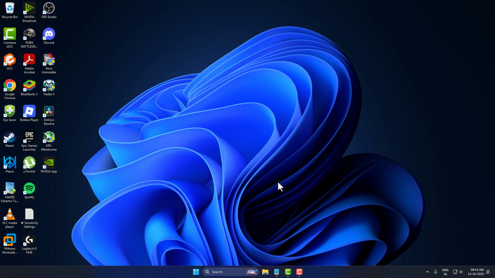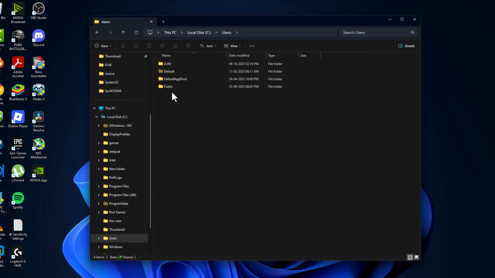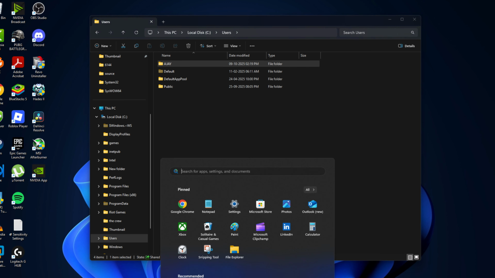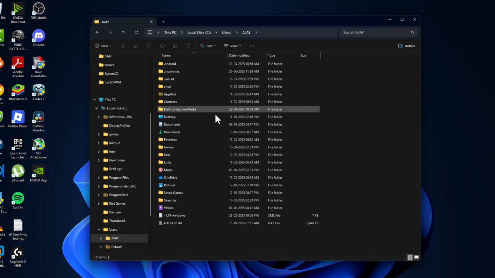I'll show you guys how to do it. Just open up File Explorer, go to C drive, and go to the Users folder. If you don't know your username, then select the start icon. Here you can see your username, and then just double click on it and